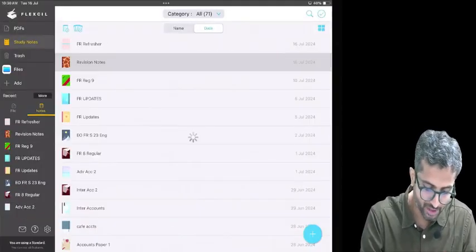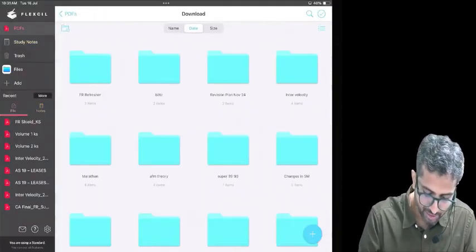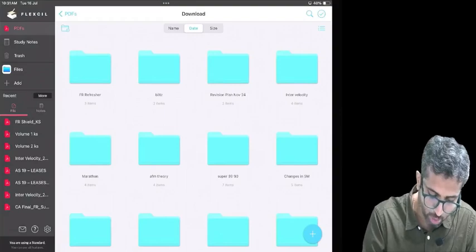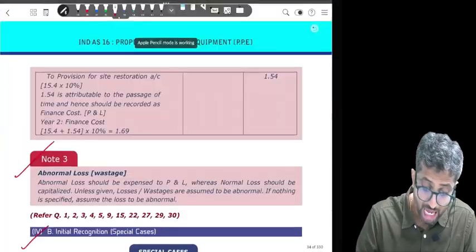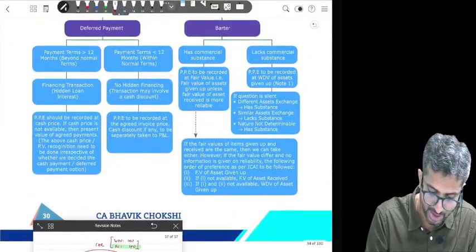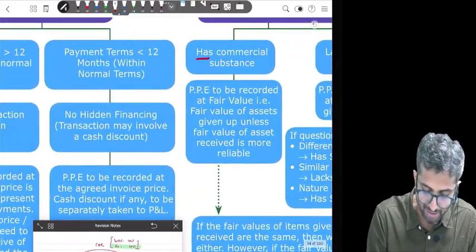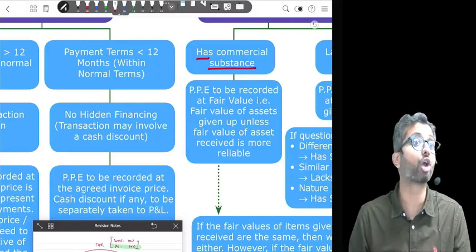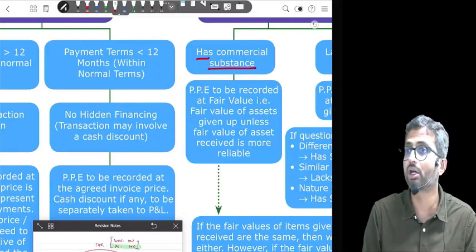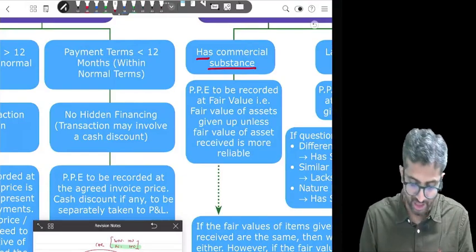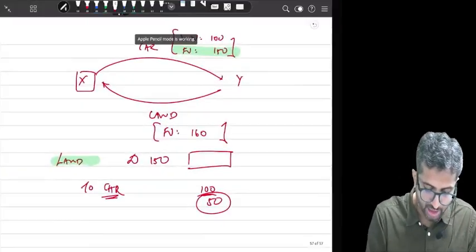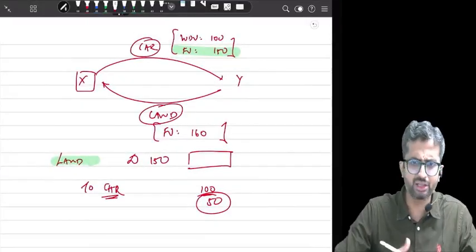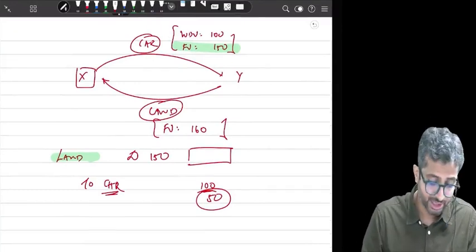So over here, when you look at the theory, we will say that in barter, this is what you need to do in case the barter has commercial substance. What do you mean by barter having commercial substance? It's a genuine barter. It's not a barter on paper. What do you mean by barter on paper? Barter on paper means, let us say this is car and land. Are these two different assets? Yes, but let us say